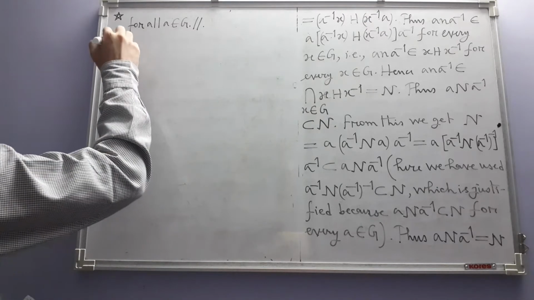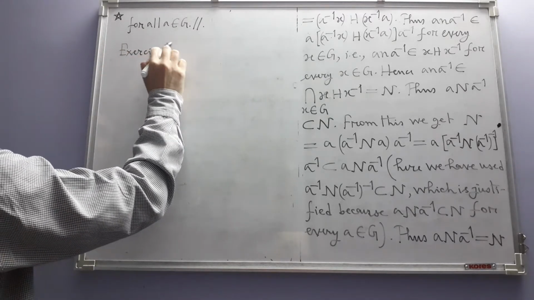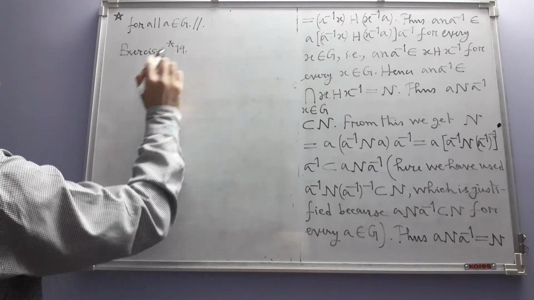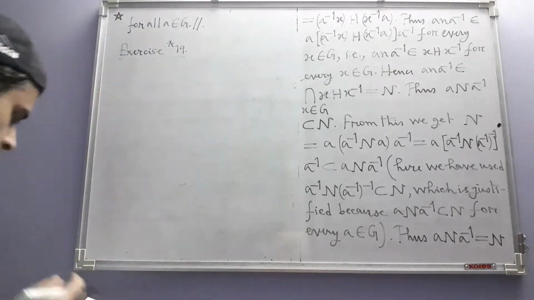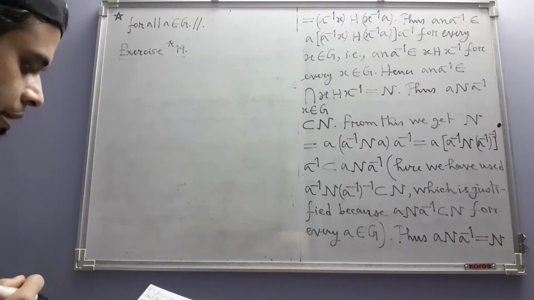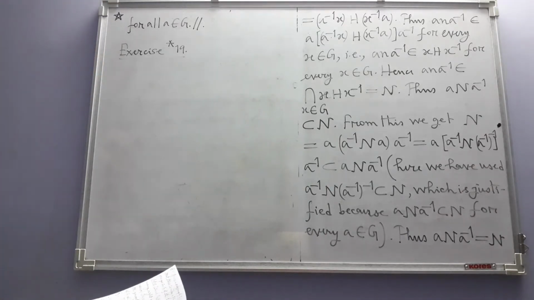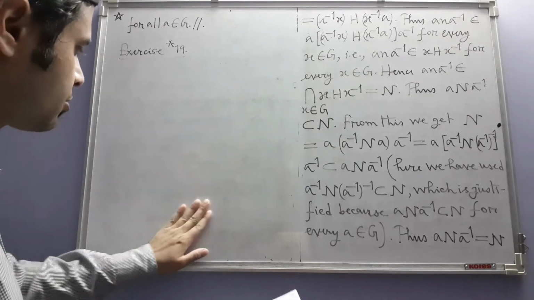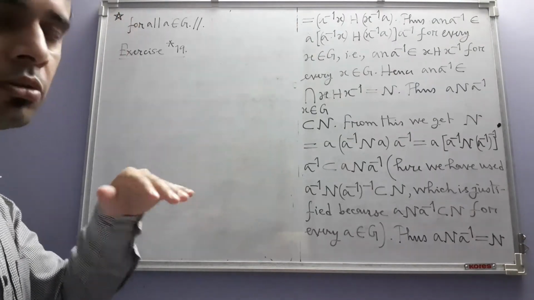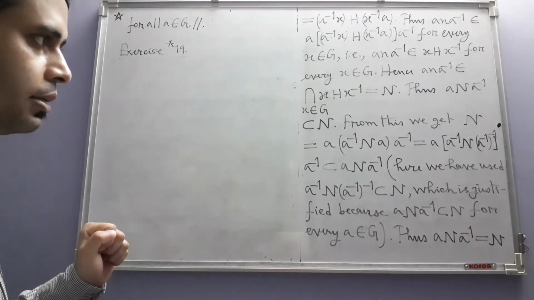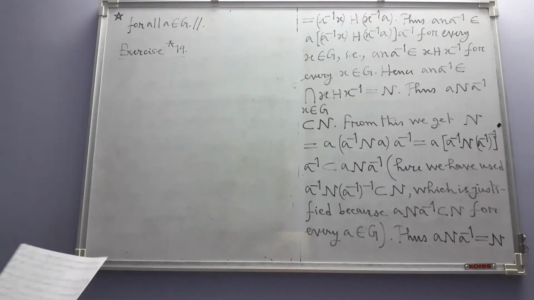Okay, then exercise 19. This is a starred one. It is supposed to be difficult. I don't know why it has been starred, because the solution that I have got is not very long or anything difficult. Please let me know if I have made a mistake in this solution, or for that matter in any other solution. You go through all the solutions carefully, and if you find a mistake, just let me know. We will try to salvage things.